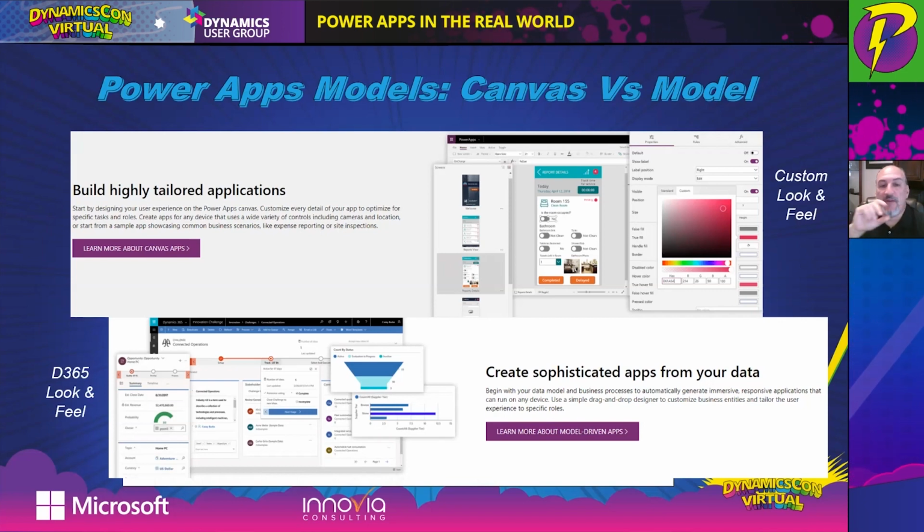You have long forms, you have details, you have some graphic elements that have been added, even some reporting capabilities, listing activities, notes, all those kinds of things are all available in the model app. This is the same tool set that Microsoft used to build BC, AX, Microsoft CRM, all of those capabilities are inside that tool set. With Power Apps, you also have another capability, which is a total custom look and feel. So you can build a Canvas app, which allows your graphic editors and really any design that you want to put can be on there and access your data the same way a model app can.